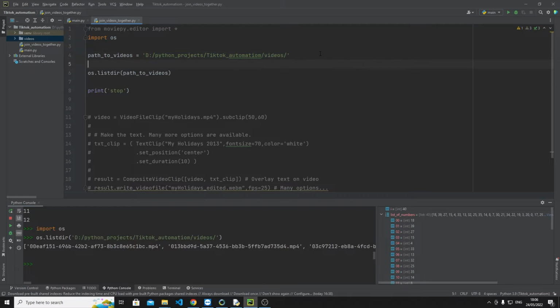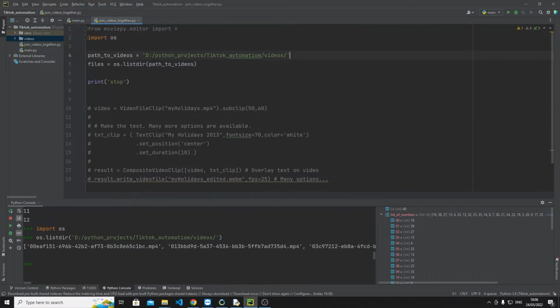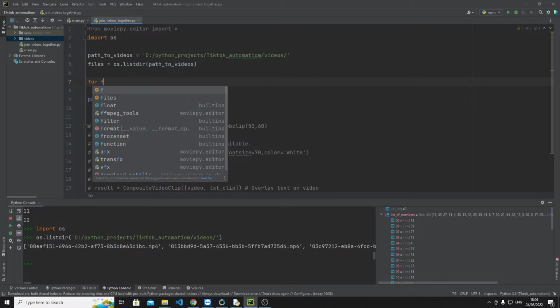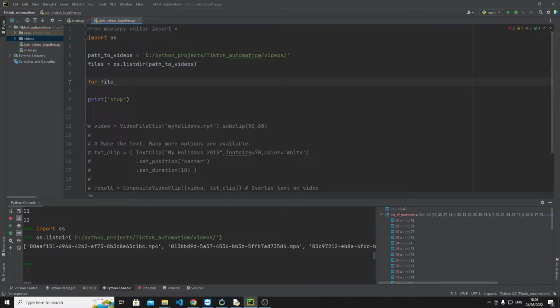Okay. And then we can have here files equal that, and then we can say for file we can say either a for loop which then goes for each file programmatically, or